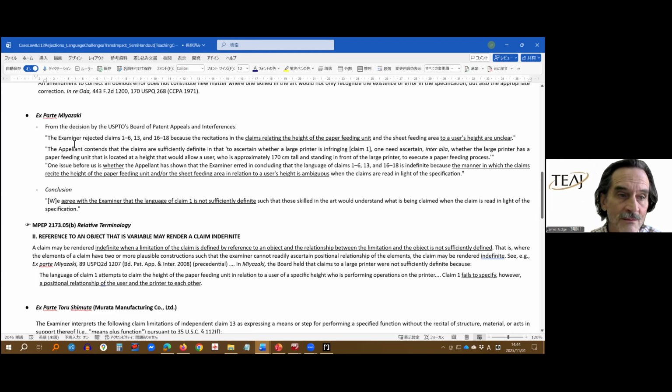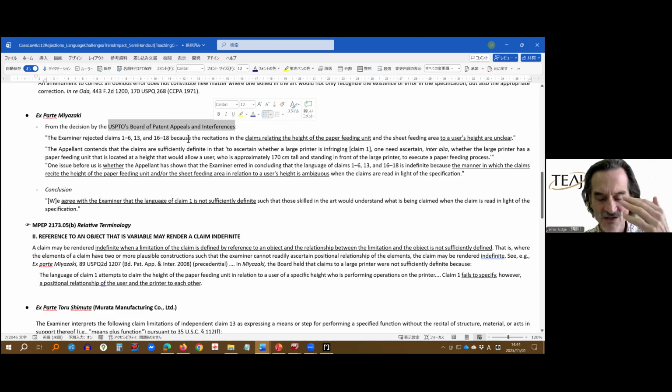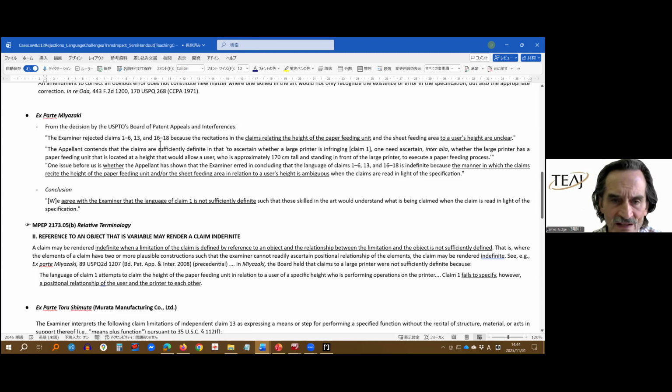And the PTO's decision, the appeal board's decision, was to uphold the examiner's rejection after all of the RCEs and continuing applications, and they appealed, and the examiner would not allow the case, or the appeal board upheld the examiner's rejection. And this is just what the appeal board said. The examiner rejected the claims because the claims relating the height of the paper feeding unit to a user's height